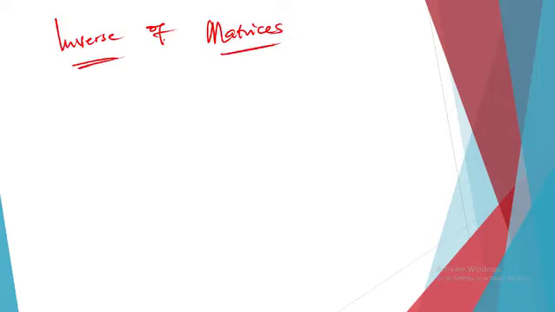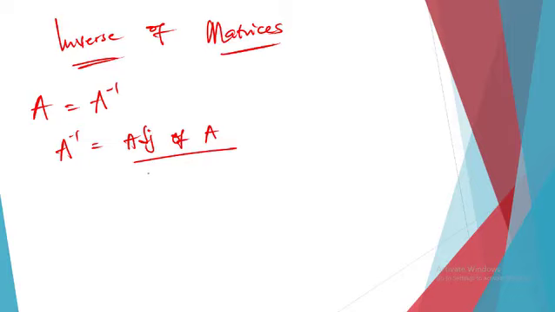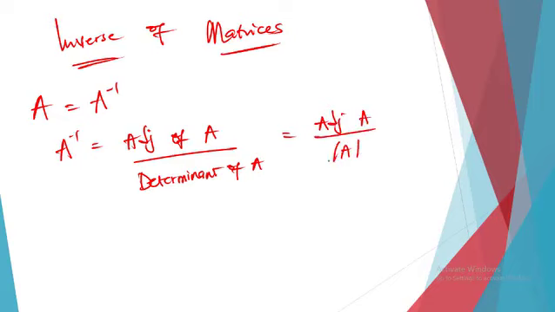Now when we have a matrix, let's say A, the inverse of matrix A is written as A raised to power minus 1, and A raised to power minus 1, which is the inverse of A, is given as adjoint of A all over determinant of A, therefore written as ADJ A all over determinant of A. That's the formula we use in solving the inverse of